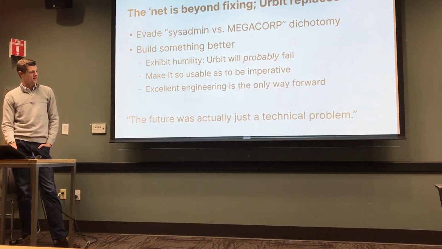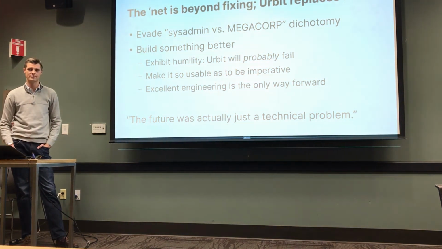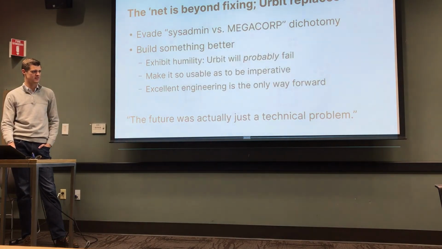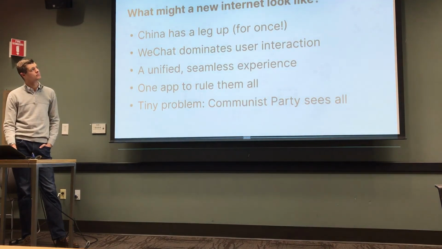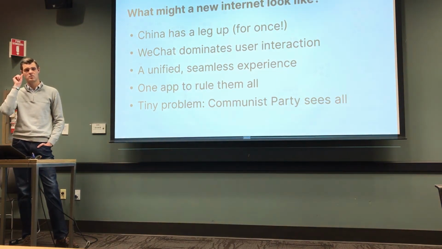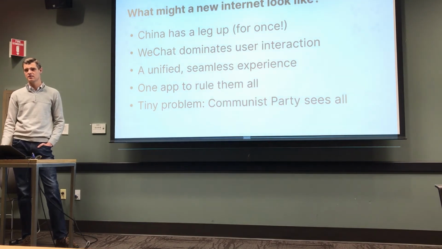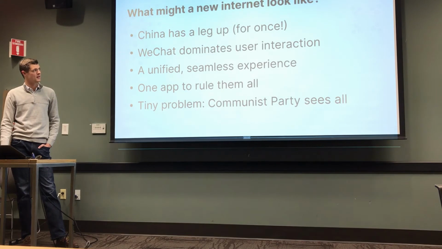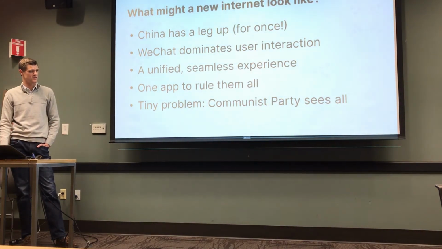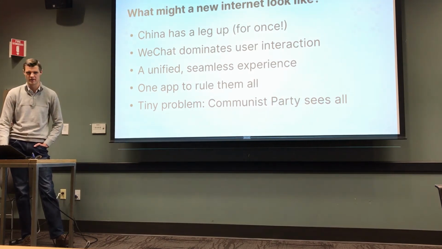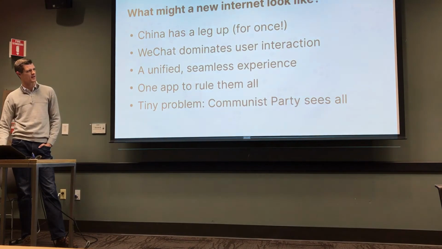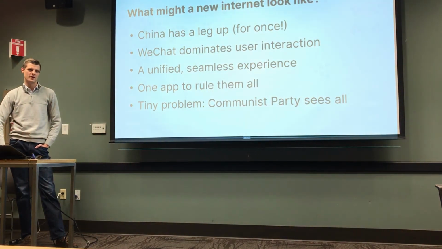So, the thesis of Urbit is that the future was just a technical problem. The dream of decentralized computing, personal computing, doesn't exist because nobody solved it technically yet. So, with that, what might the new internet look like? What would a world without megacorp services dominating the network traffic, the user interaction look like? This is kind of the weirdest thing about Urbit, is that an easy way to launch into talking about what kind of digital world Urbit might enable